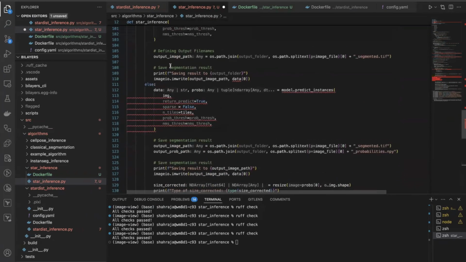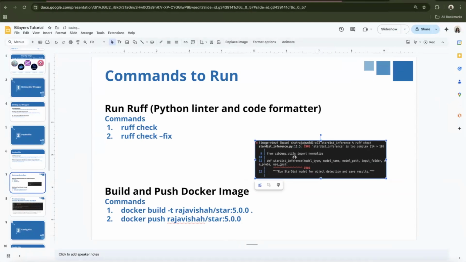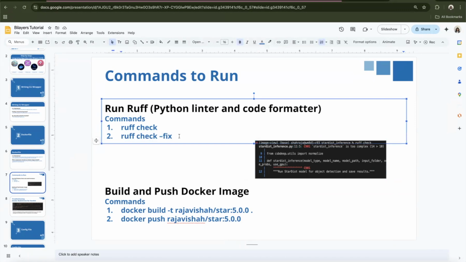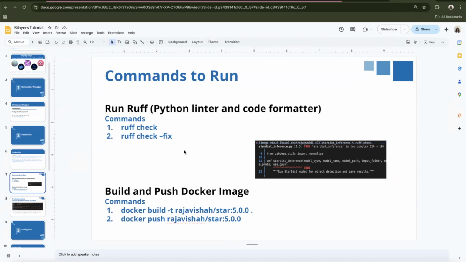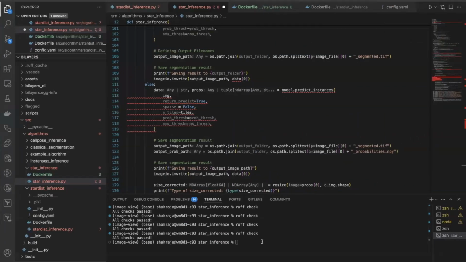Okay, but I have one of the errors pictured over here. If you find that the ruff check is failing, it would give you an error like this, and then you fix it. You can use ruff check fix for fixing the stuff, which automatically fixes most of it, but in some cases it doesn't. So you need to manually go to that page and fix it. And now since our Dockerfile is also written, I would just build it and publish it, and then move on and jump on to